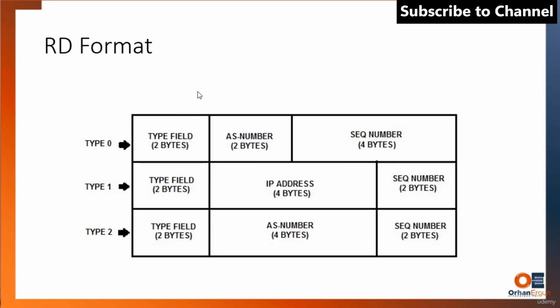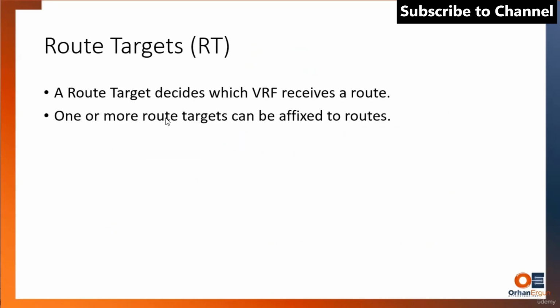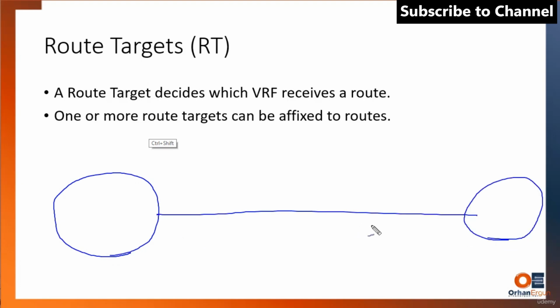But there is another concept which a lot of people mix with route distinguisher. Like I said, route distinguisher is locally significant, but route target is significant in transit, which is very important to understand. The format of route target is kind of similar to route distinguisher, but what route target does is this. I'm going to have this router here connected to another router here. Now this is going to have this routing table, and for this specific VRF,